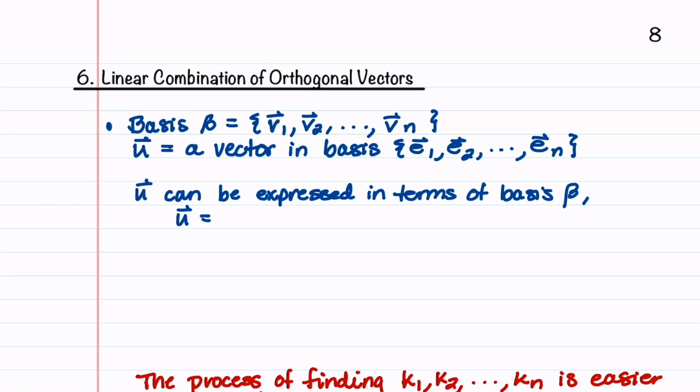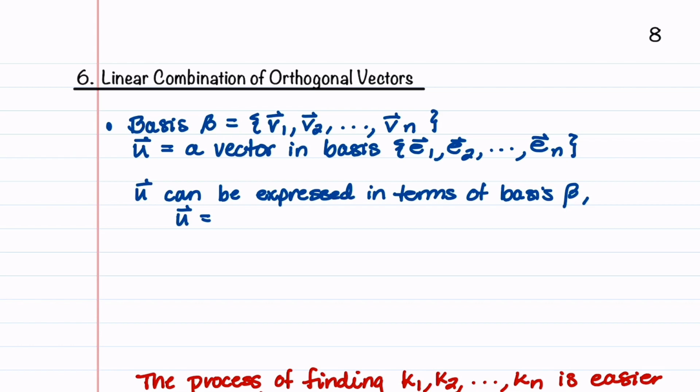Let's now revisit the topic of linear combinations. I went over this topic in the Linear Algebra Review series on vector spaces. In this video, we're going to talk about linear combinations for vectors that are orthogonal. We'll begin by reviewing how to write a vector as a linear combination of a set of vectors in a